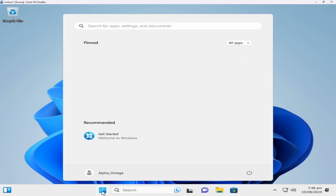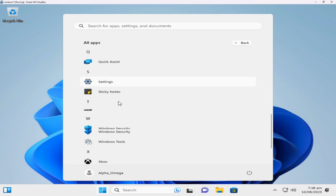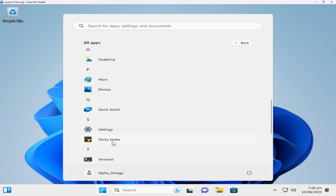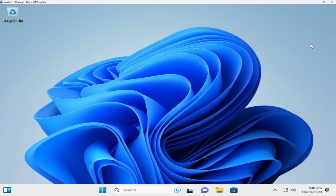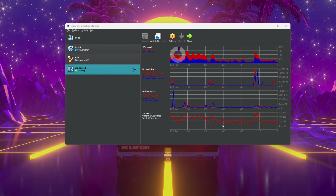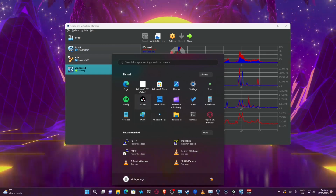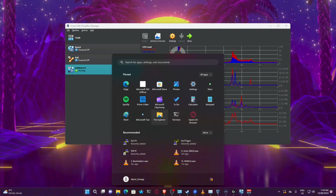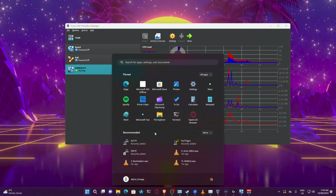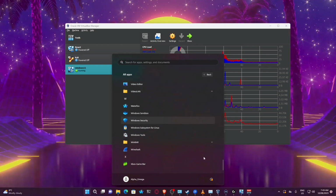And now let's see how clean the start menu is. Holy crap. Oh, we still got that. Still got the Xbox crap, but still, that is nothing. Let's just check something. So yeah, that's my normal start menu, which I never pay any heed to. Like, why the fuck do I have TikTok? Get the hell out of here. I've got a heap of shit installed, so my menu's going to be long anyway, but...